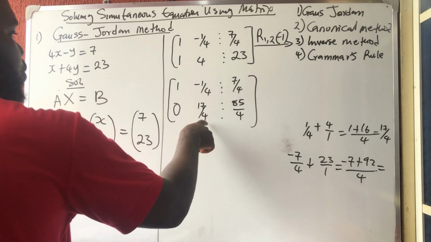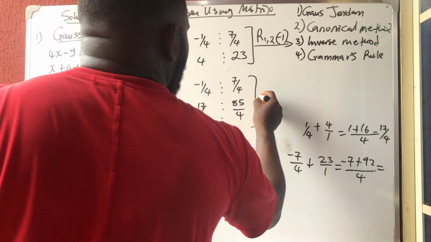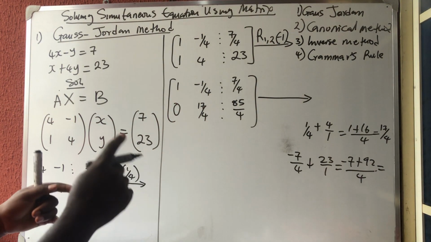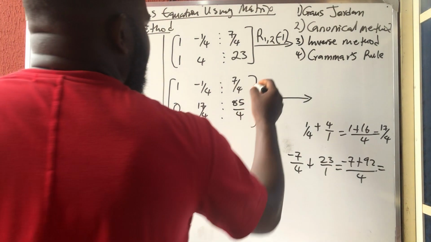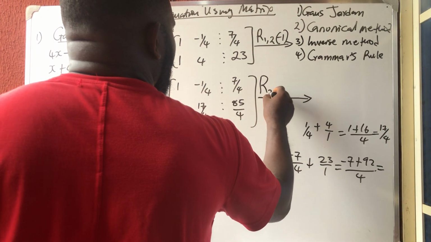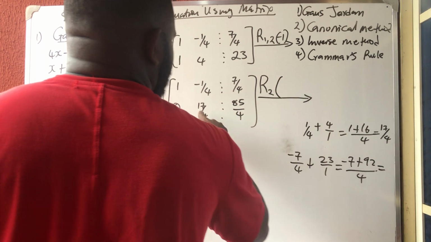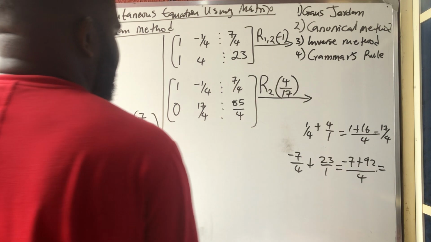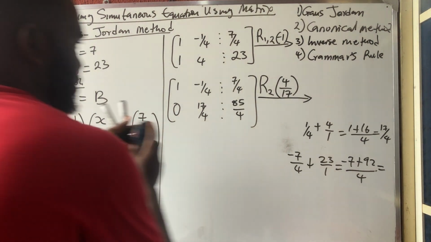And how do we make this 1? We can make this 1 by multiplying that row by the inverse. Anytime you want to make anything 1, multiply that row by the inverse. So we say row 2 multiplied by the inverse. The inverse of this means they will turn around. That is 4 over 17. So that is that, and the answer it will give us is